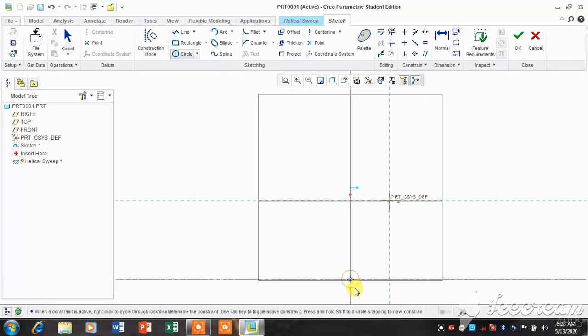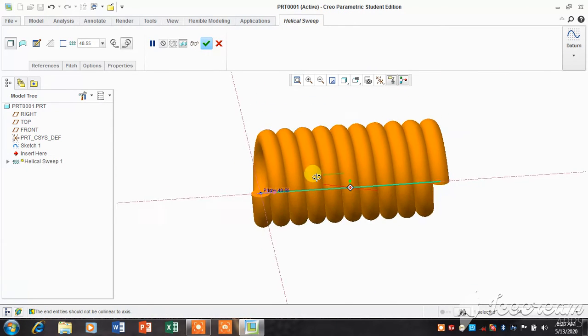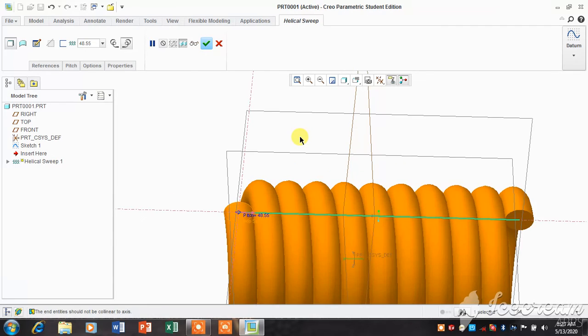We create a small circle of any dimension. We can give 50 mm. Click OK now, and we get a spring-like structure.